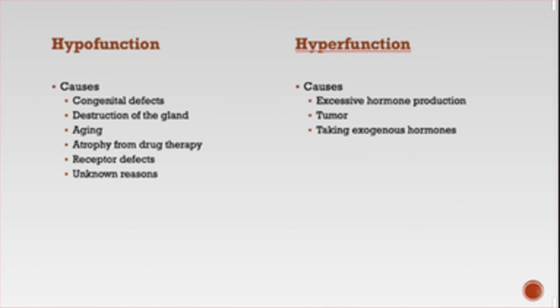Basically, endocrine disorders occur either because of hypofunction or hyperfunction. And some different causes of hypofunction are going to be congenital defects, destruction of the gland, aging, certain drug therapy can cause atrophy of the gland, receptor defects, and then there's unknown reasons. Hyperfunction can be caused by excessive hormone production, so from overstimulation or hyperplasia of the gland, from tumors,